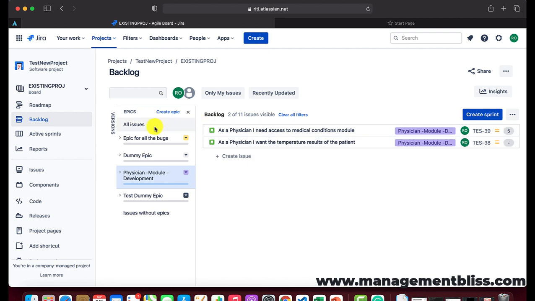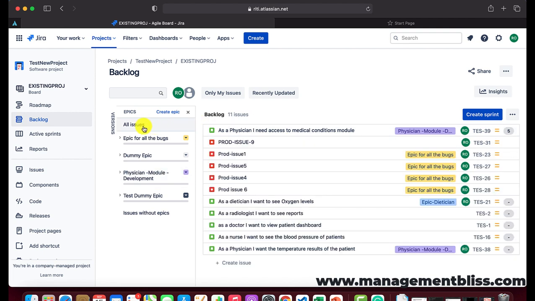And if I want to see all the issues, I can just go ahead and click the all issues option, and here I can see different issues. There are a few issues which are not related to any epic, and hence we cannot see any epic associated with them in the backlog. It gives a good categorization.